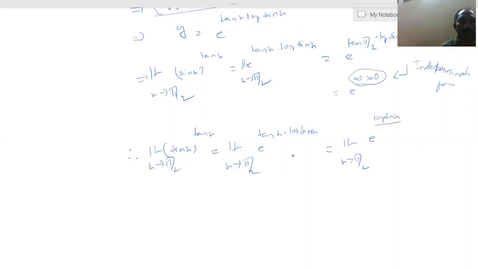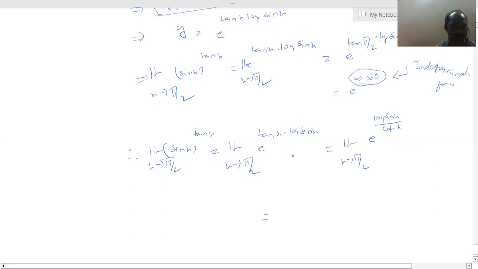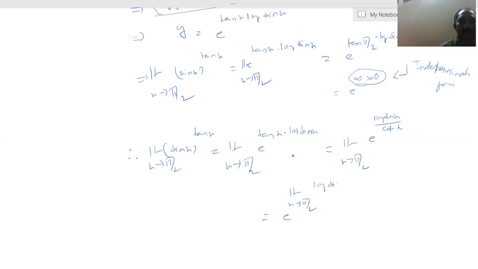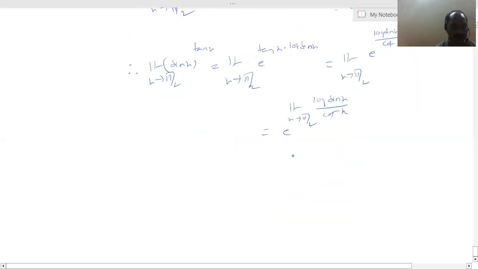Tan x sent to down, it becomes cot x. It becomes 0 by 0 form. Cot pi by 2 is 0. 0 by 0 form. Now we apply the L'Hospital rule in the numerator. That means this value equals e power limit, limit moves wherever expressions are there, of log sin x by cot x. 0 by 0 form. Substitute the limit, we get